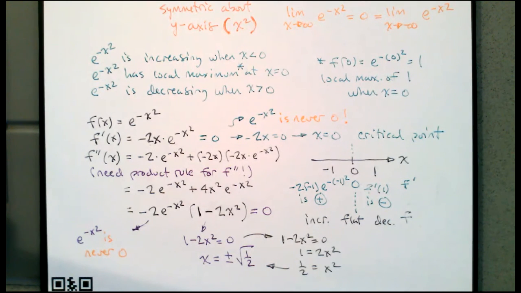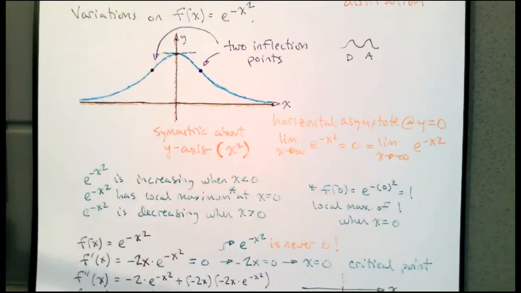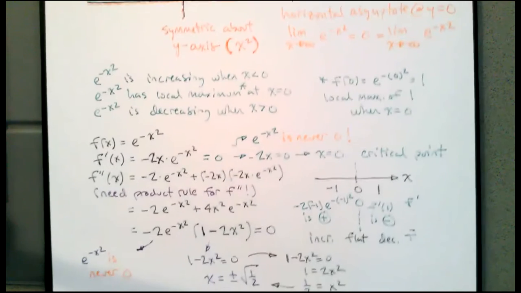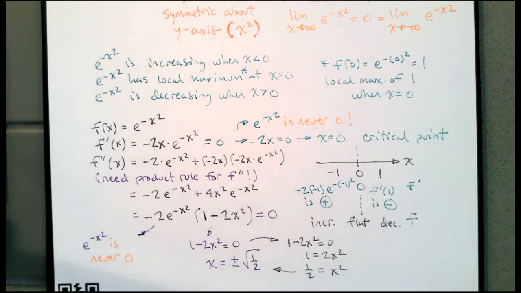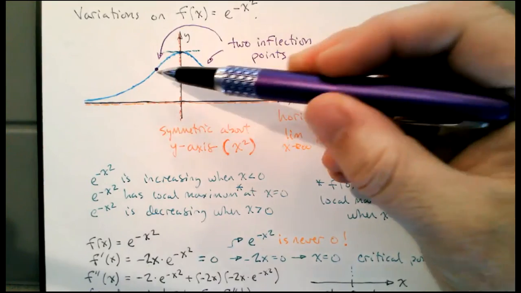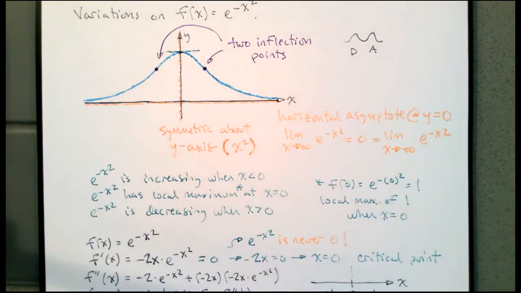Another question, please, Professor Lee. When I use my calculator, square root of 1/2, I get like 0.70. So is that the critical point? Where is that on the graph? Does it mean it never approaches 0? No, it means those are the inflection points. We got the plus and minus square root of 1/2 from setting the second derivative equal to 0. Okay, the positive and then negative. Thanks, that clarifies it. I see it now. So on the graph, here's positive 0.7, here's negative 0.7. Yes, correct. Makes sense. Thank you, Professor Lee.